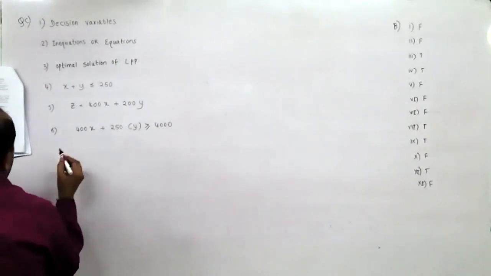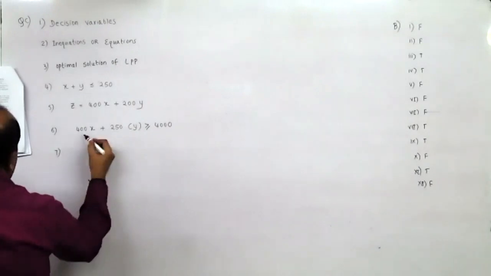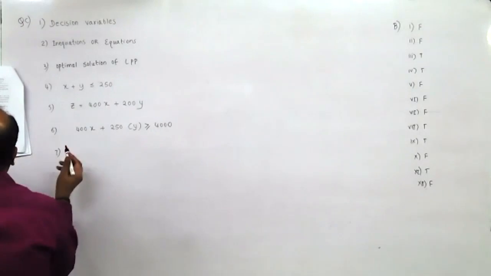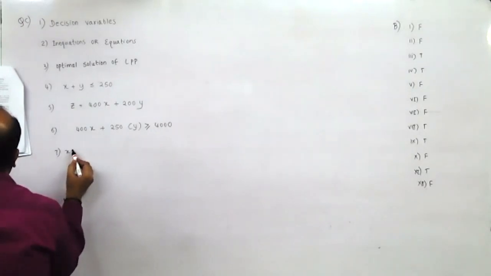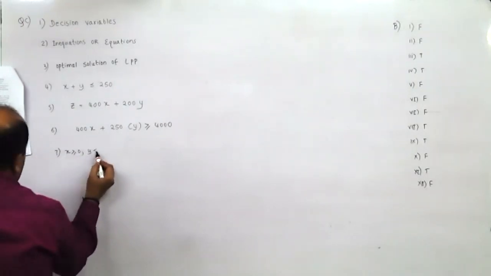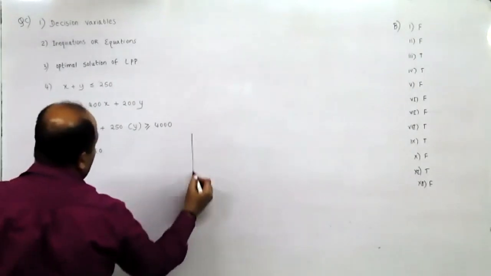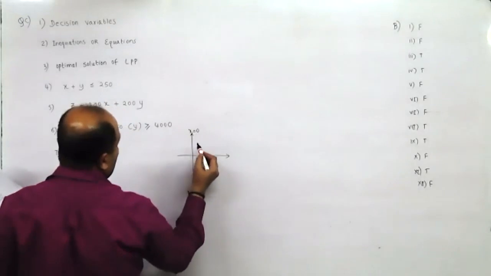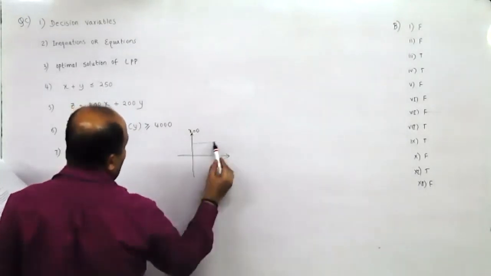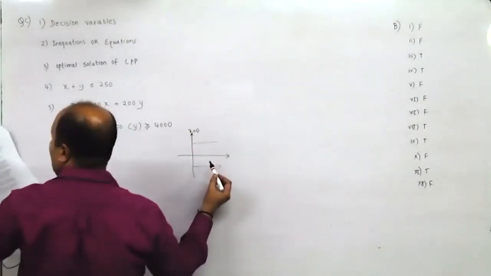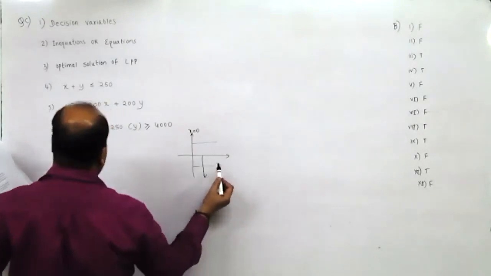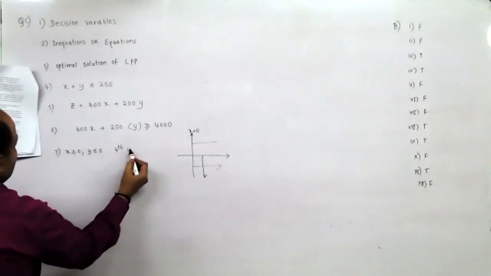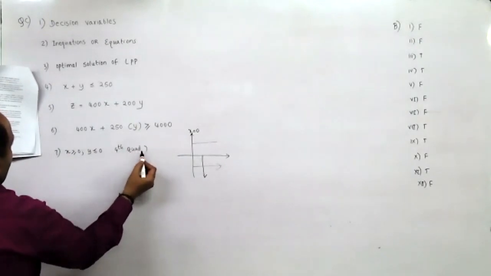Yes. Right? Yes, sir. Or have they reduced it and written? No, 400x. The feasible region represented by X greater than or equal to 0 and Y less than or equal to 0 lies in which quadrant? X equal to 0 is this one, and so X greater than 0 would be here, and then Y less than 0 would be here. So it is fourth quadrant. It's correct.